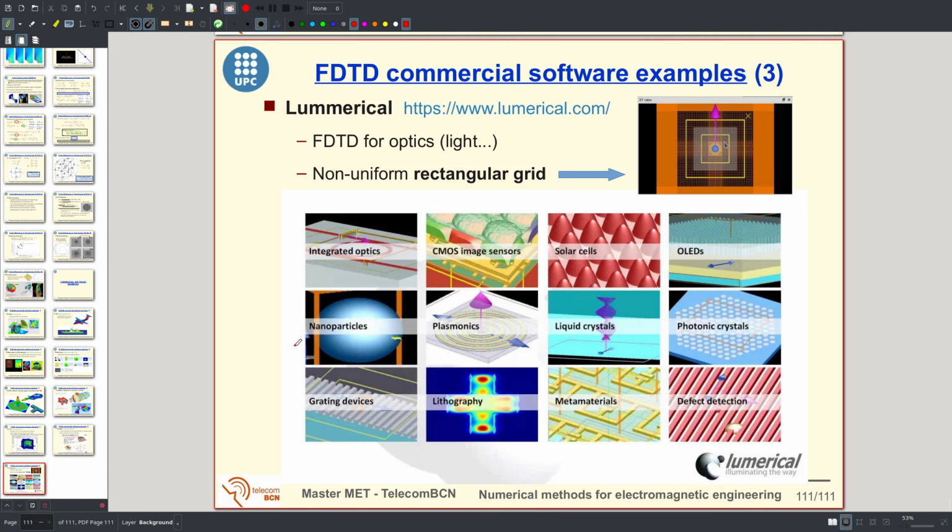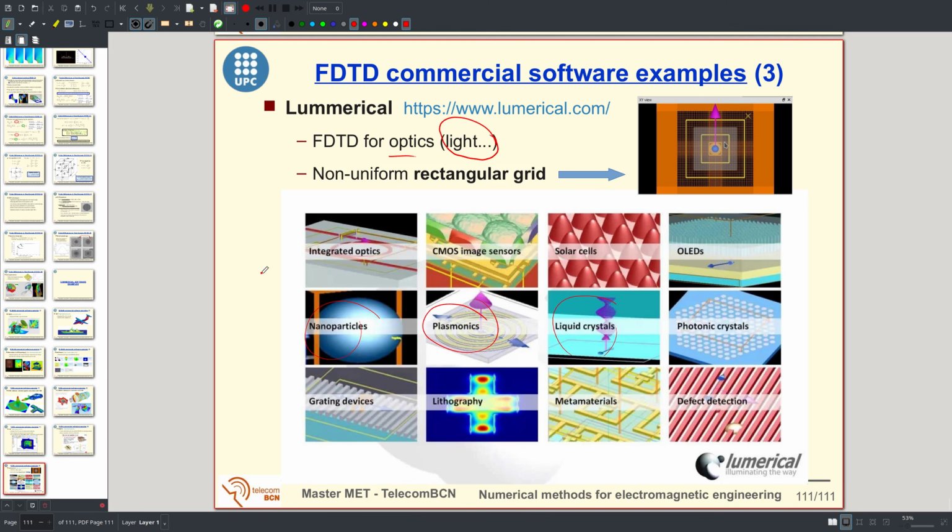And finally, another FDTD software that is also interesting because although it is electromagnetic, it is developed for optics. So it is electromagnetic but at the light frequencies. And therefore it includes lots of optical effects that must be taken into account, for example, plasmonics, modeling nanoparticles, etc., liquid crystals, many options for analysis of optical